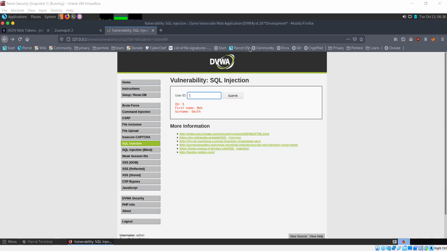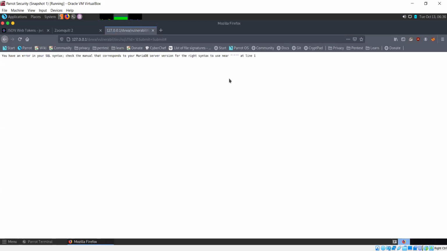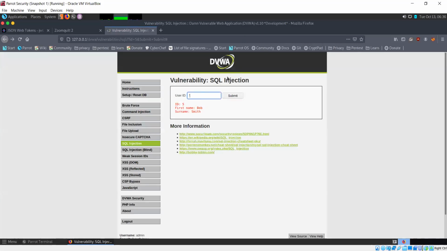Now, since we have done that check, let me talk about why this check is done. In SQL queries, for any parameters that you specify, you can use single quotes as delimiters. So if you're adding an extra quote, it actually breaks the query and gives you an error like this.